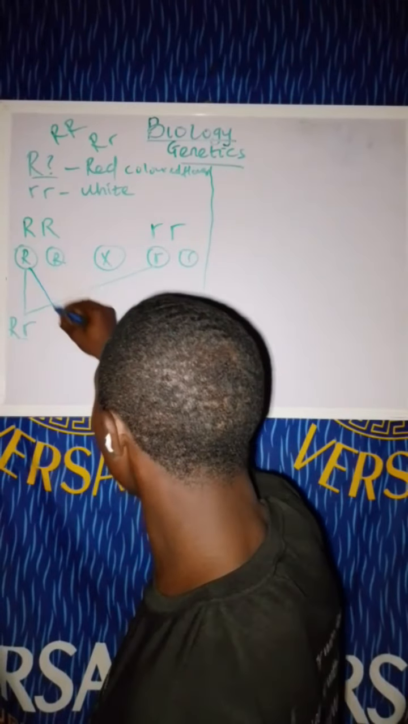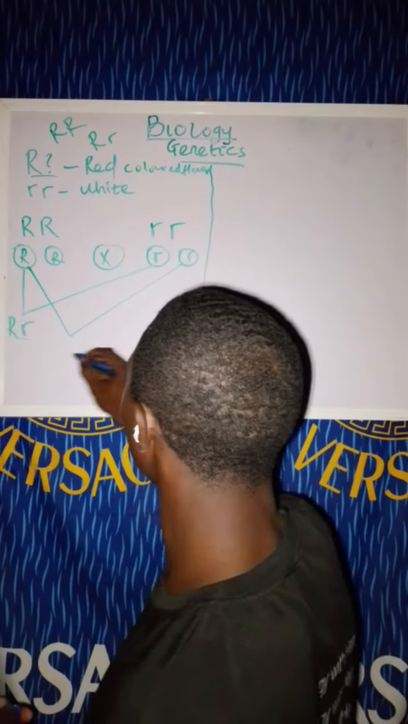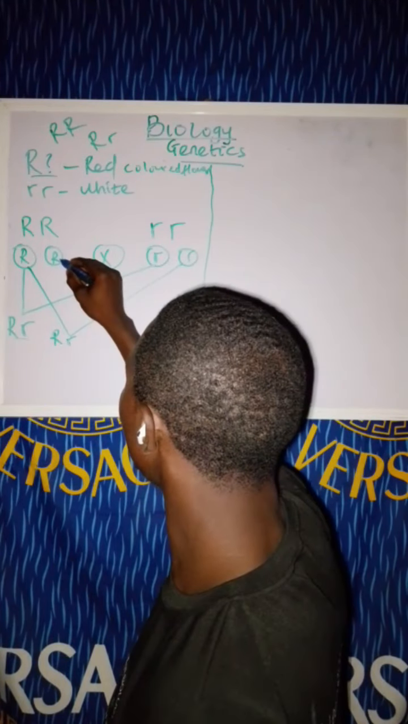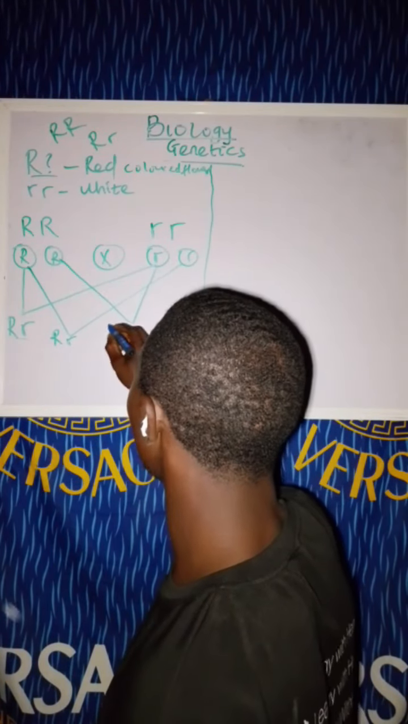This same gamete also crosses with this gamete to produce another heterozygous offspring. This also crosses with this to produce another heterozygous